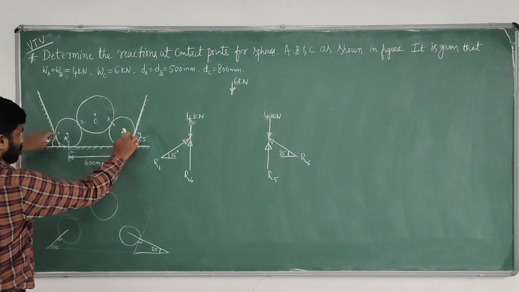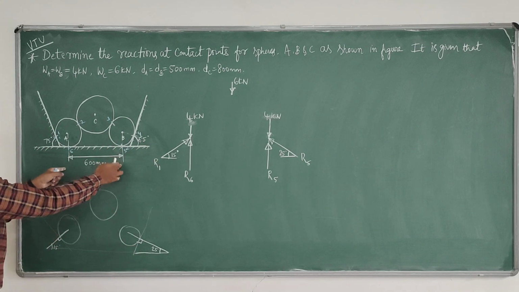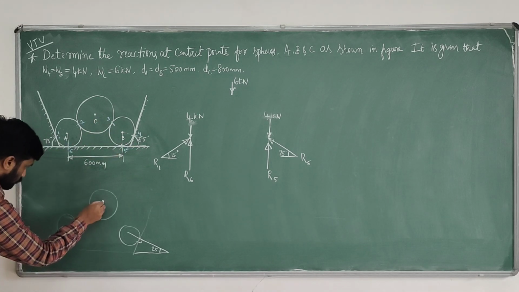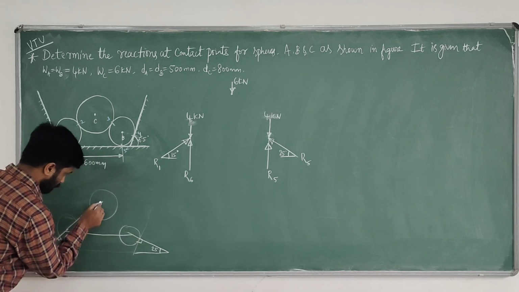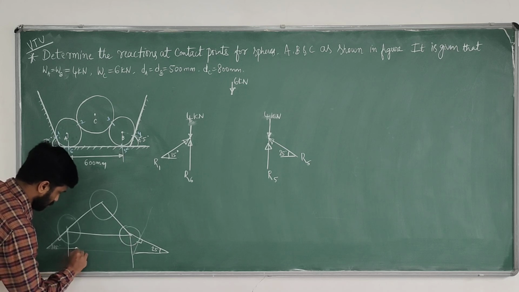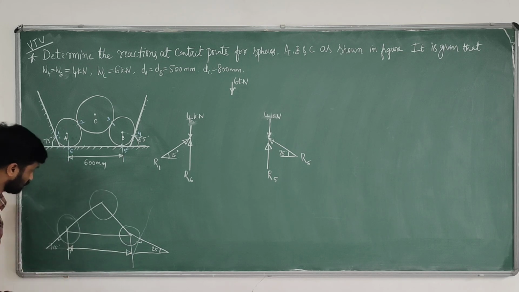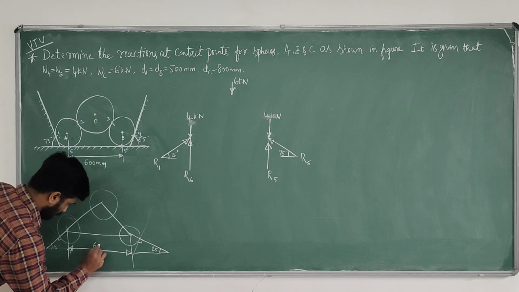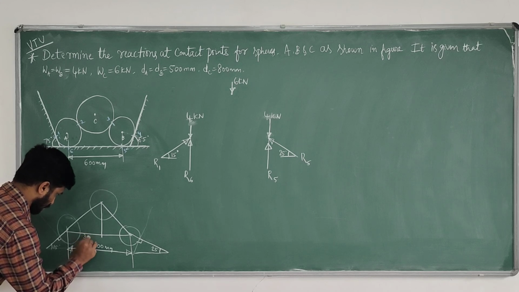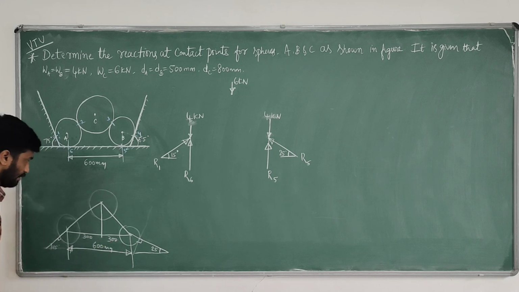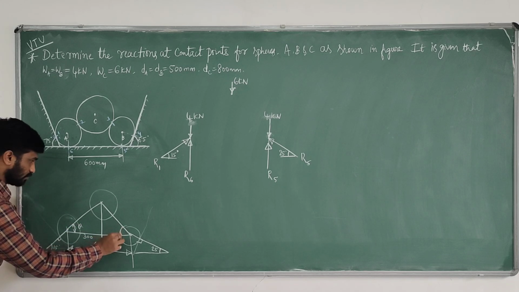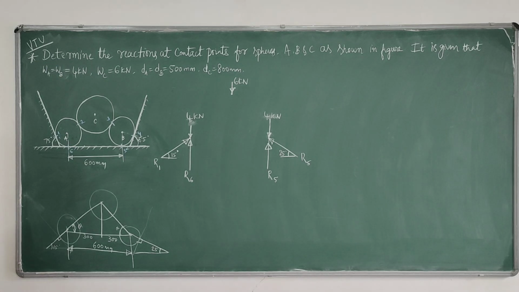So here drop two perpendiculars. We are getting two reactions. Here two are vertical, which I have written. Here they are inclined. We know this distance is 600 mm. If you take exact half, it is 300, and this is also 300. Whatever this angle is, say theta, the same angle theta is here as well. Both are the same.